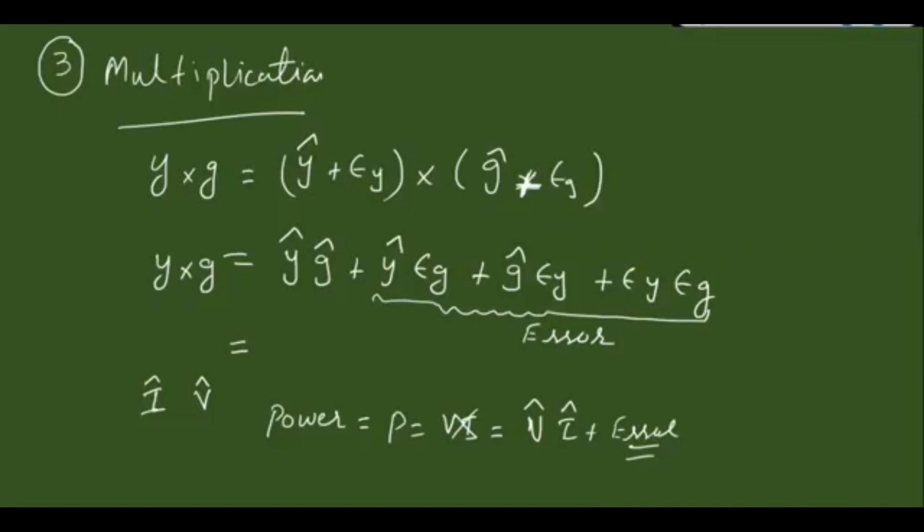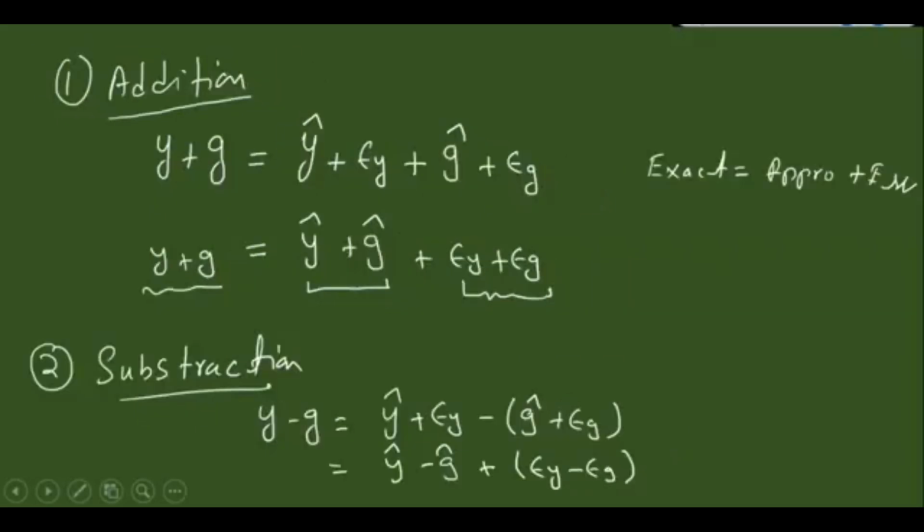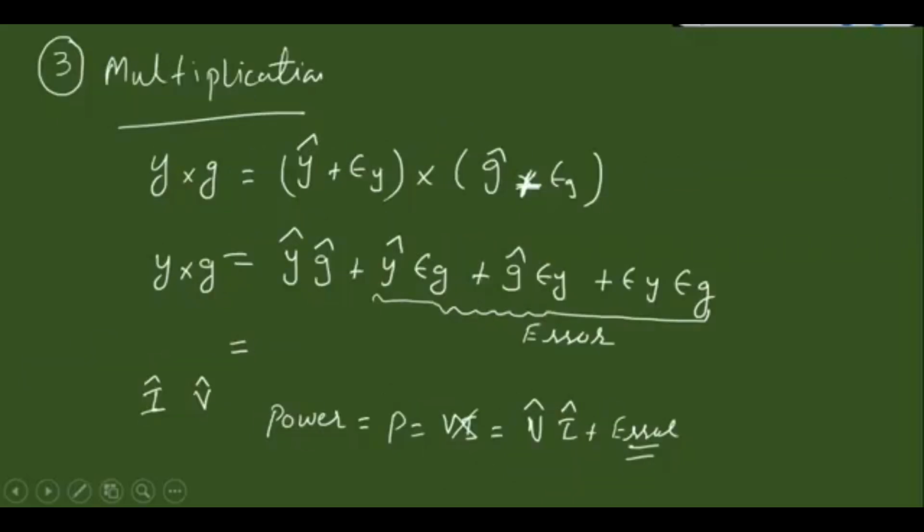Multiplication is faster compared to addition and subtraction. And what are the quantities? For multiplication, the error amount is given by this equation, in addition the total error amount is this, and in subtraction the total error amount is this. So students, I hope